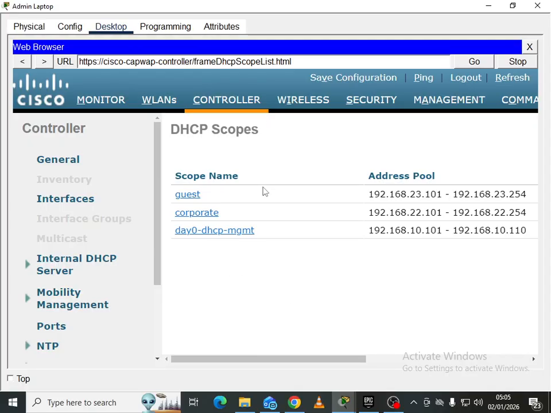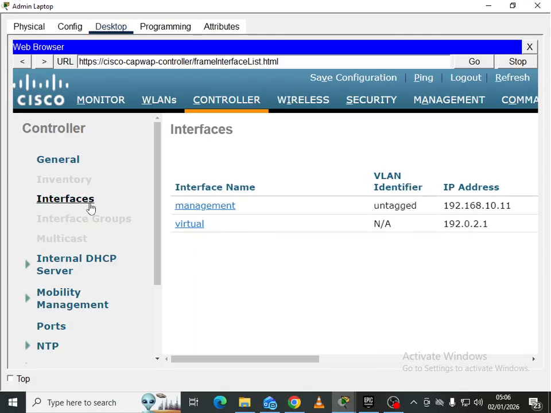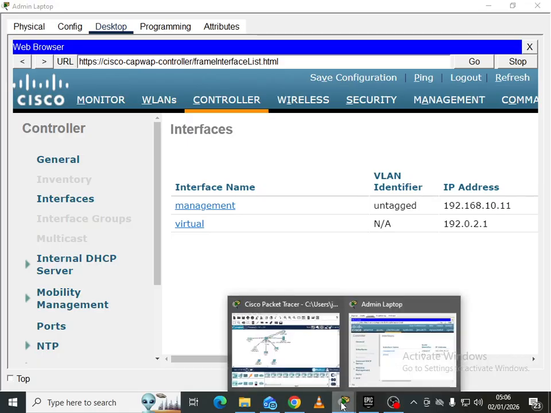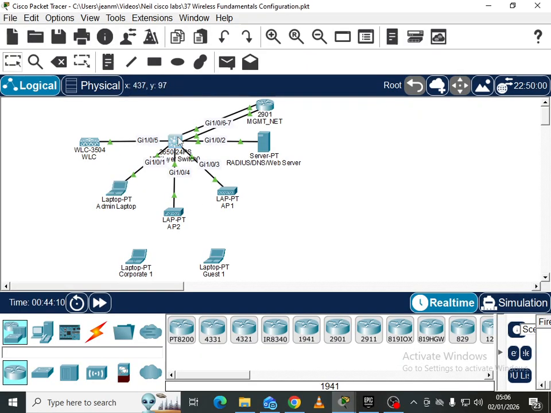Okay, let me go to the controller, and then come to interface. Because now we want to see the management interface, if it's pre-configured to be untagged. So we want to come to the management. Okay, it's untagged. Okay, so let's come back to our multi-level switch here,